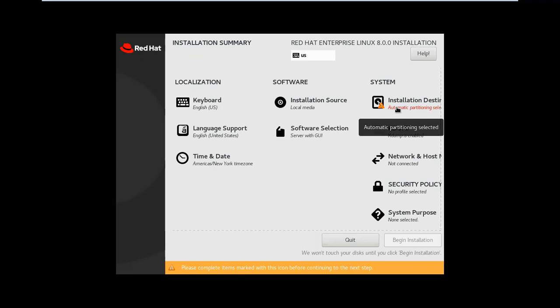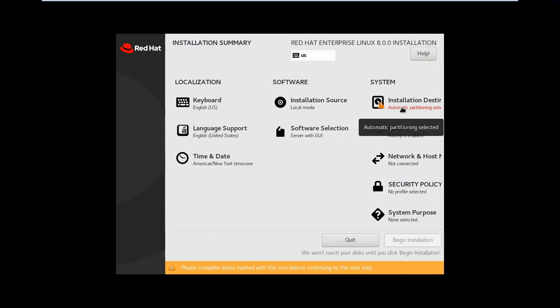partitioning. Just now I showed you RHEL 6: boot, root, home, swap. By default, Linux will select automatic partitioning. Automatic partitioning means it will install with LVM. LVM means the Logical Volume Manager concept. We are going to discuss it in our coming administration classes.